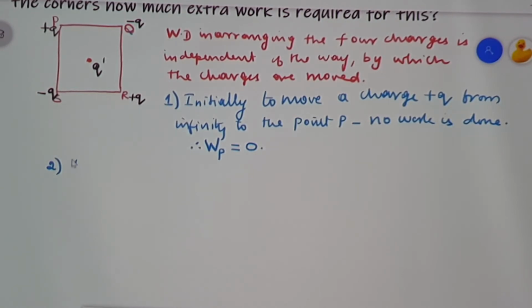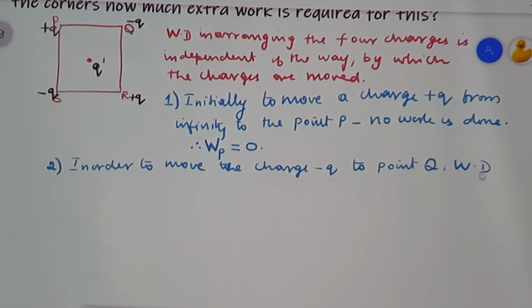So the second one, I can write, in order to move the charge minus q to the point capital Q, we have to do work because we already have a charge at the point P. So I am writing, let us consider that work done as W of Q is equal to the potential at this point Q